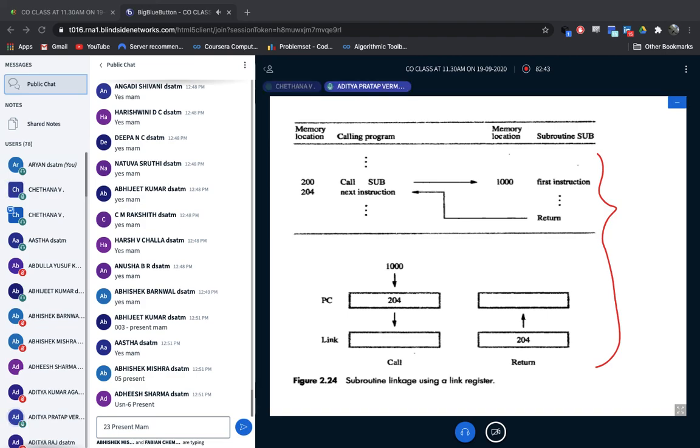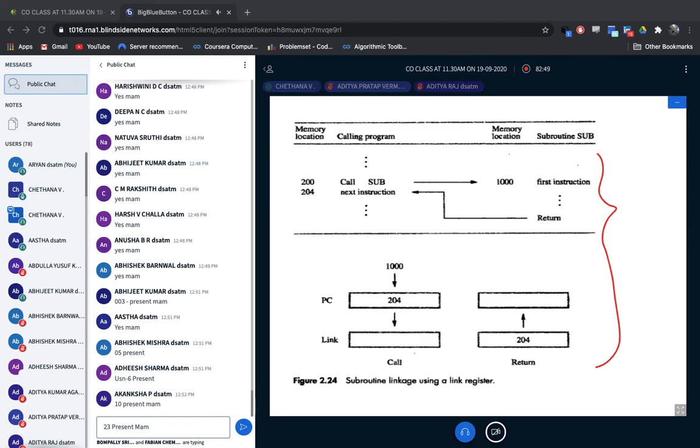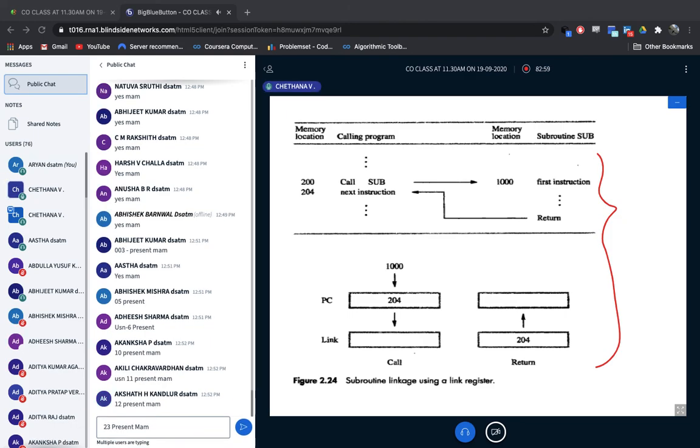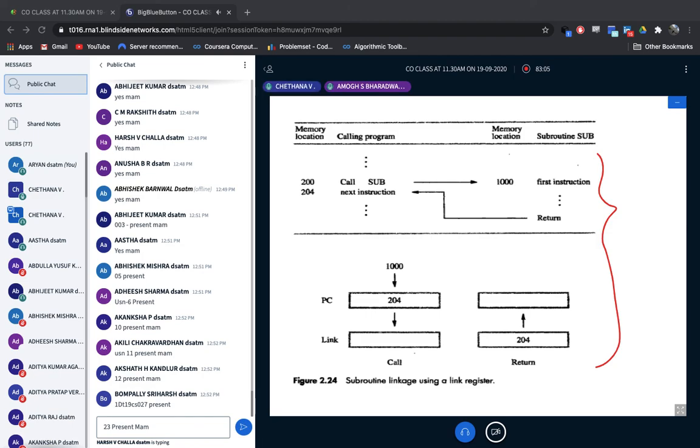Okay, Aditya Pratap. Present, ma'am. Aditya Raj. Present, ma'am. Akanksha. Okay, present. Chakravardhan. Chakravardhan present. Akshat. Akshat present. Amog. Present, ma'am. Anaga.